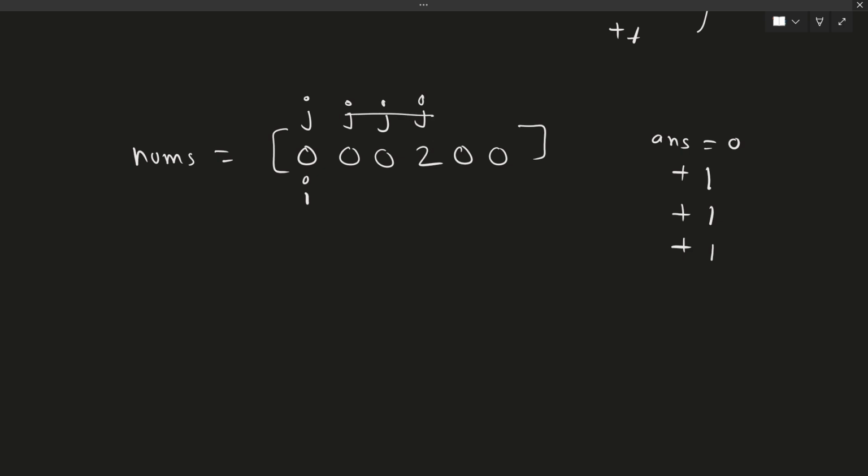Okay, then again we will move our i ahead. Here we have j now. Now as this was 0, we will do +1. Okay, and then let's move ahead with our j because this was 0 and again this is 0. Okay, do +1 and then j would be here, and since this is 2, we will travel back again and